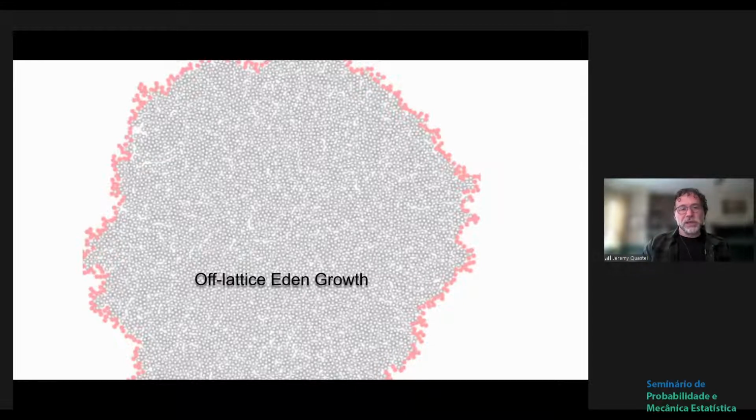So there's some rule of what's called the boundary of the cluster. Here it's just some things which are a certain distance from the cluster. And then you just add on a point to the cluster chosen uniformly from all the boundary sites. Here, there's no sites in this picture. It's actually on R2, on the continuum, but they have some rule about how you add on a little ball within this boundary site. And these kind of rules, I don't even know what the rule is in this. This is a picture from a physics paper, and I didn't really read the rule very carefully, and in fact,